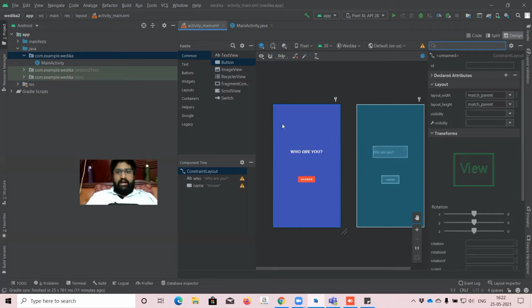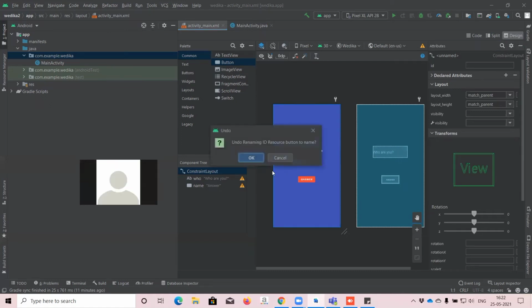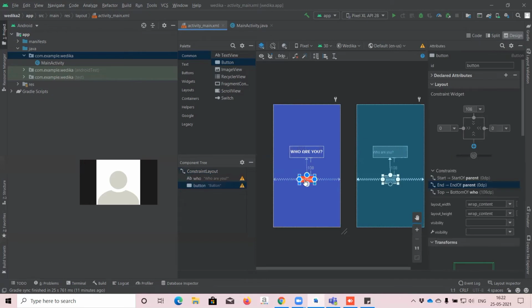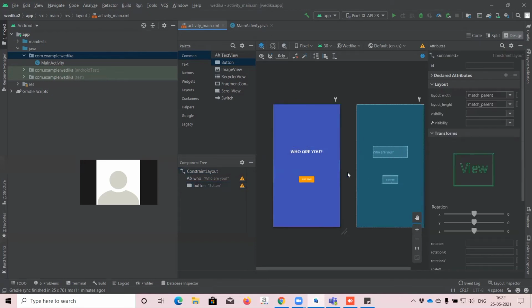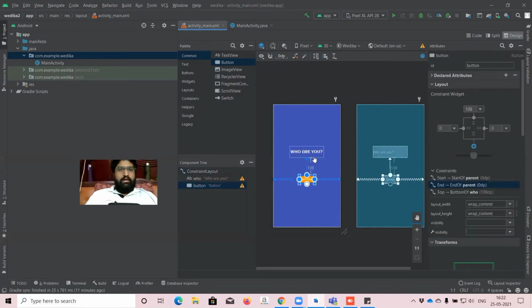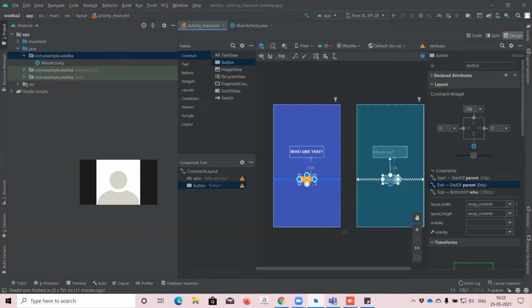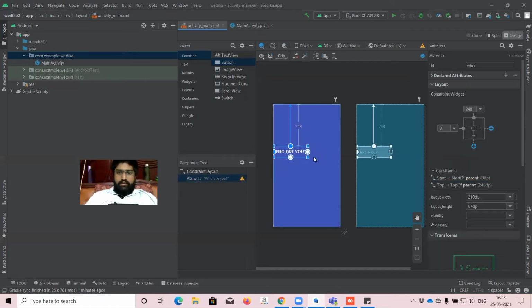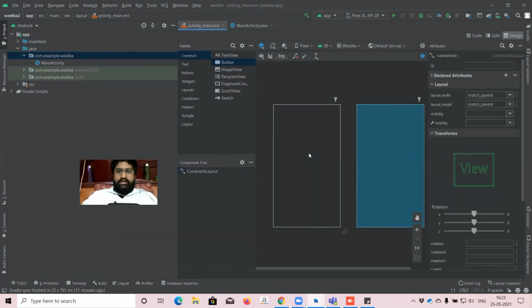See, it's very simple. Let me clear all the things. I'll delete all the things.